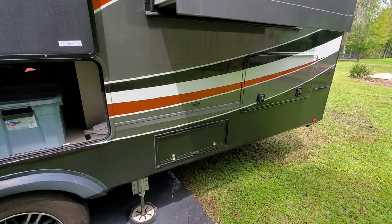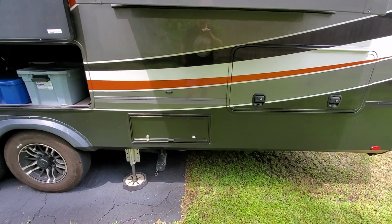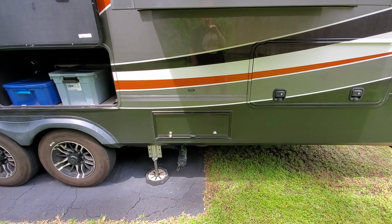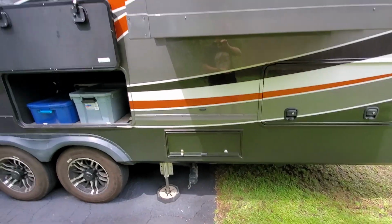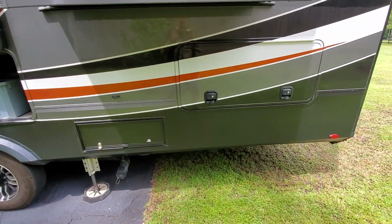I hope I'm not telling you this wrong. I think it's 30. So on the other two Momentum models, the 397 TH and the 399 TH, I think there's 2 30s. So I have one 30 here. And then